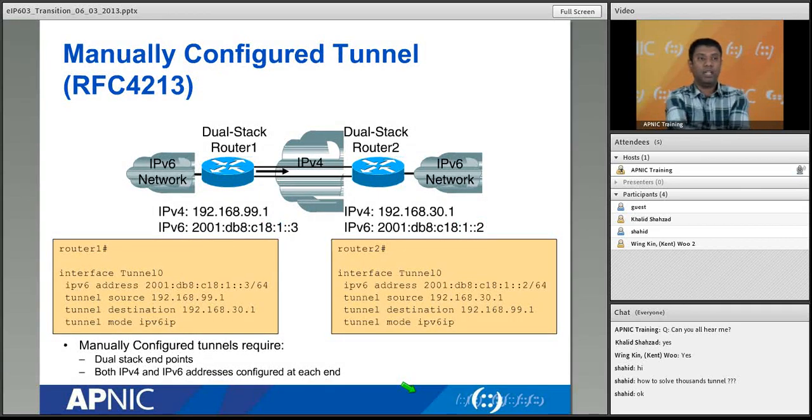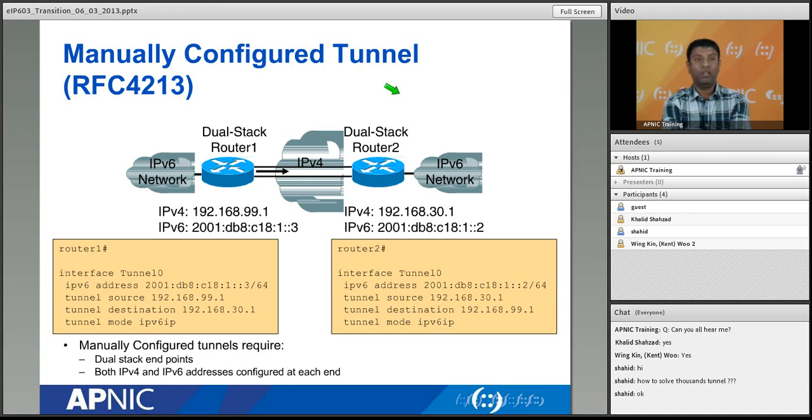So, tunnel encapsulation. I want to explain those things. Just see some configuration example. Yeah, this is the configuration example, how we configure a tunnel. If you see router 1, it has to be a dual stack router. Router 2 also has to be a dual stack router. It means they support both V4 and V6. In the middle, I have V4, it doesn't matter, right? So on the dual stack router, which is the tunnel source, we use this machine's WAN interface, or probably a loopback, it doesn't matter; most of the time it's WAN.